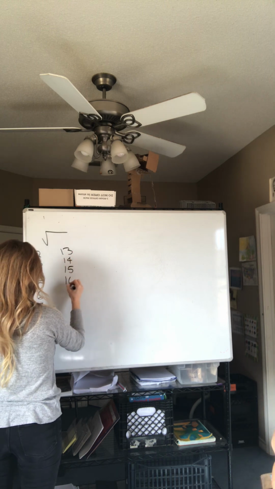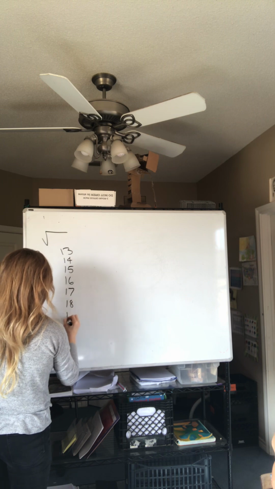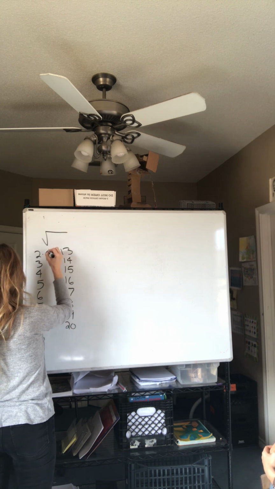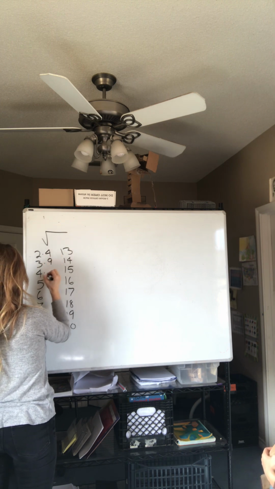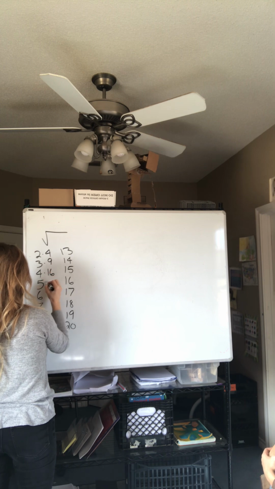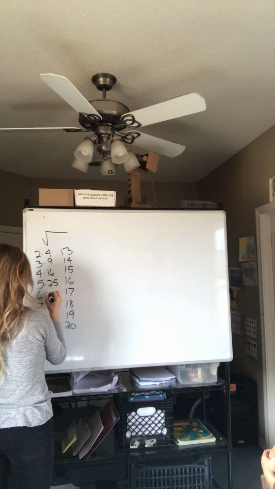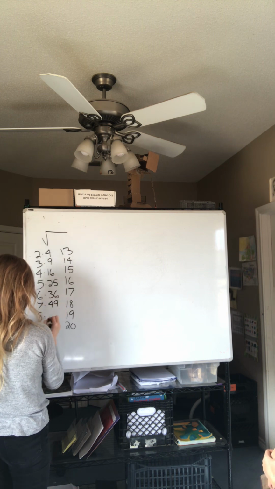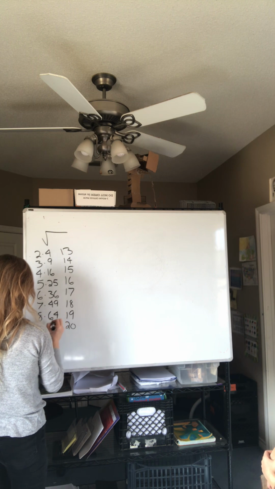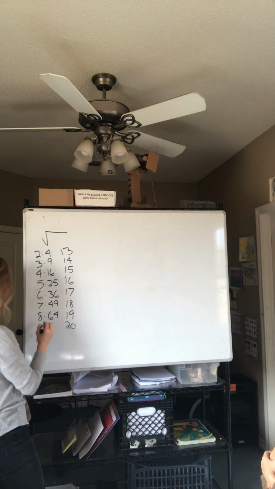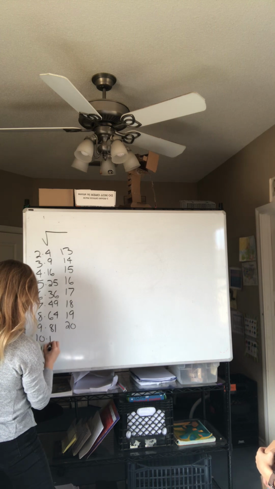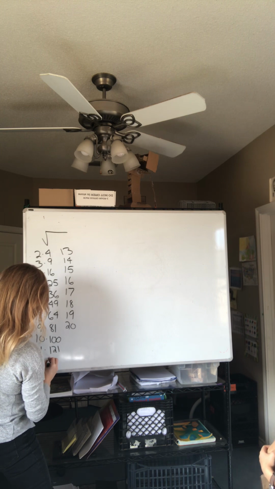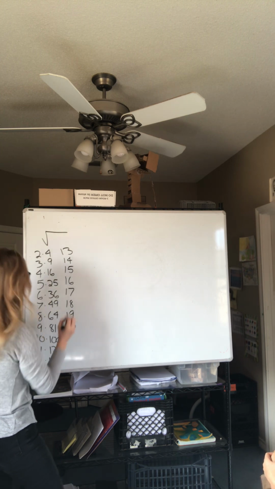This is actually pretty cool, I think. Okay, so the square root of 4 is 2, the square root of 9 is 3, the square root of 16 is 4, the square root of 25 is 5, the square root of 36 is 6, the square root of 49 is 7, the square root of 64 is 8, the square root of 81 is 9, the square root of 100 is 10, the square root of 121 is 11, the square root of 144 is 12,